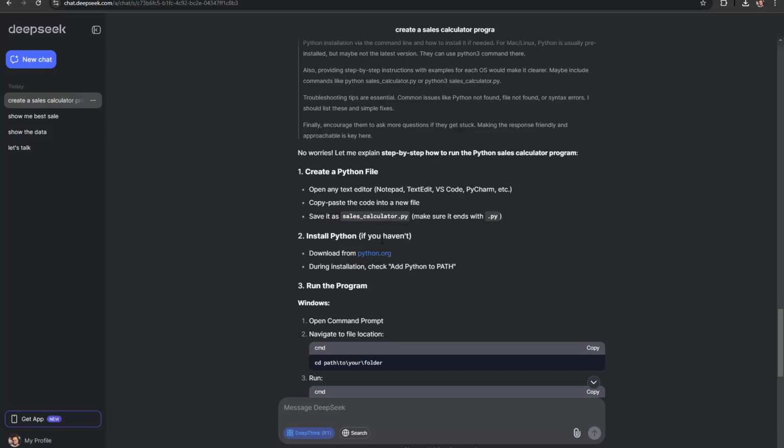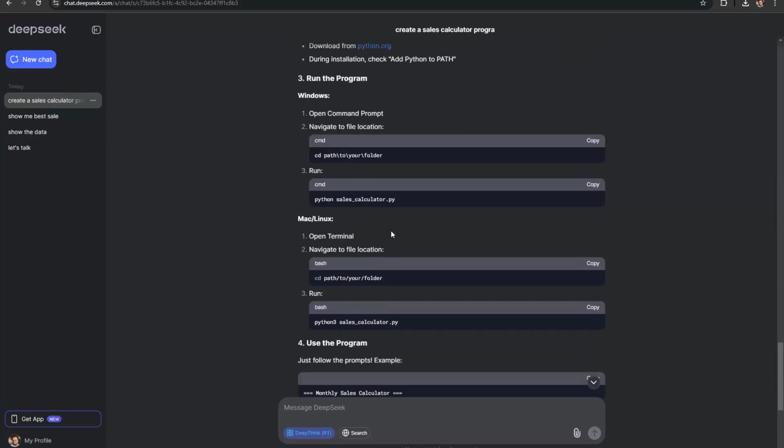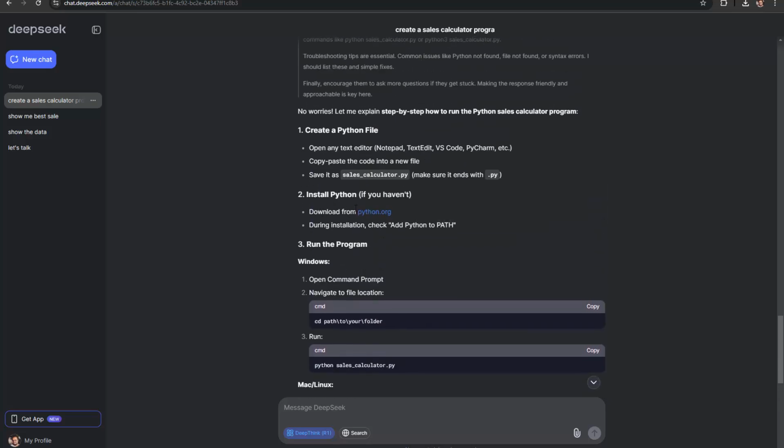So now you do not need to Google anything. You now know how to create a Python file, and not just any Python file, but exactly the Python file you are working on. This is a personalized tutorial for free. This is one of the greatest things, I would say, in the educational field. So open the command prompt, navigate to the file location, and run it this way, and before that you need to install Python this way,